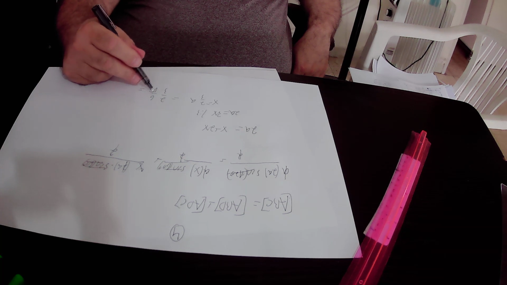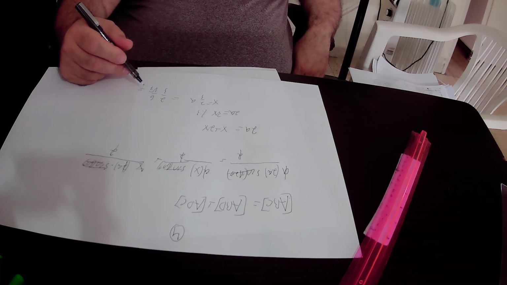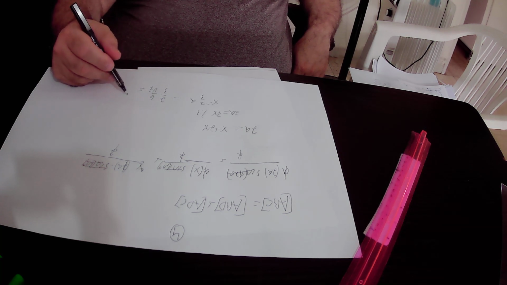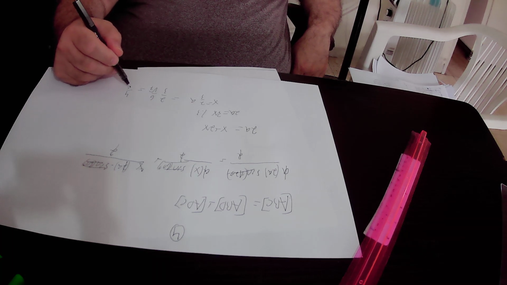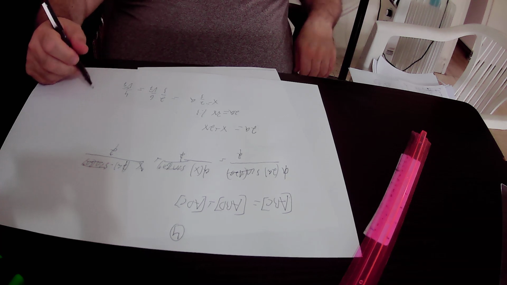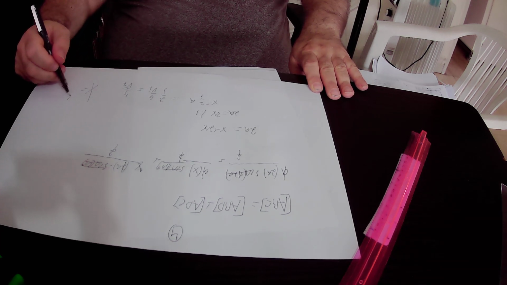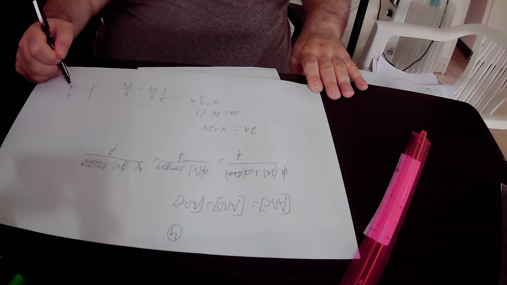Here 6 over 3 is 2, and 2 times 2 is 4, so it is 4 over square root of 7 units. So in conclusion, we found out that x equals 4 over square root of 7 units,